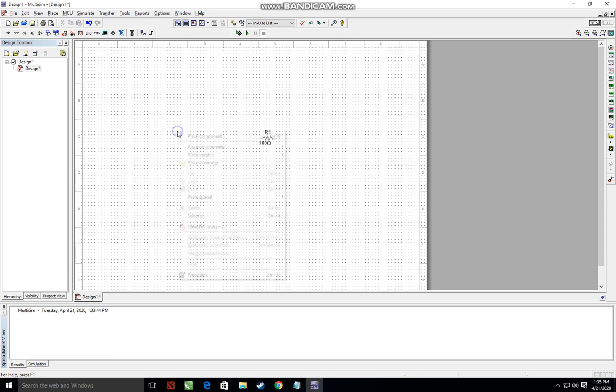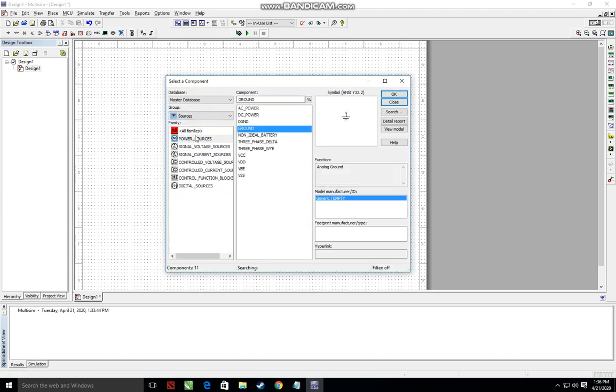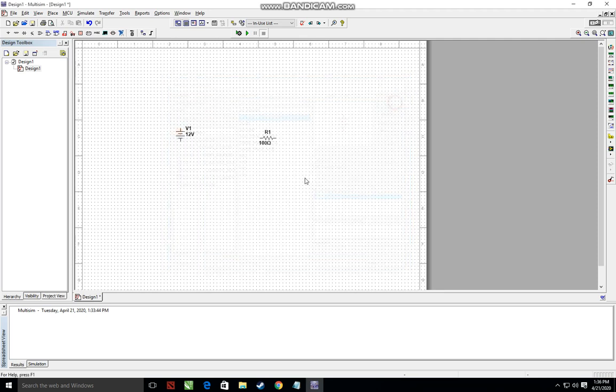Now I want to complete the circuit. I need a power source, so I will again go to place component, and in the sources again I need power, DC power. Here I put that. Now I need to connect these two terminals with this resistor. One I have connected like this, and the other will be connected like this. See, our circuit is completed. Now how will we see that it works? We need to simulate this in the software. Simulation means how the current passes from the positive terminal to the negative. There is an option, you can see F5 is the shortcut key. See here, run it.